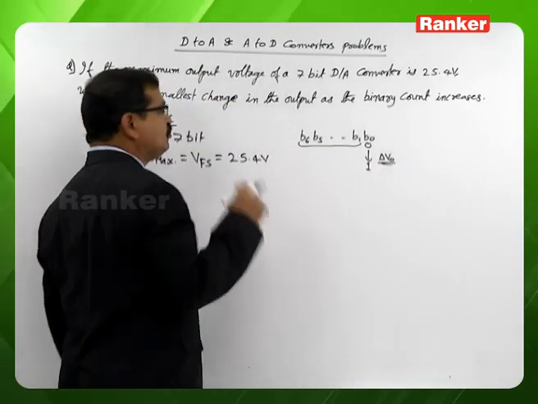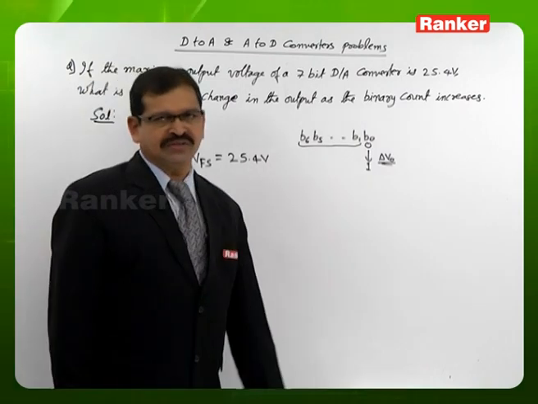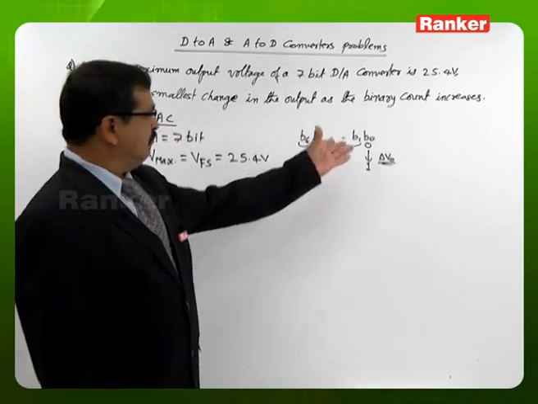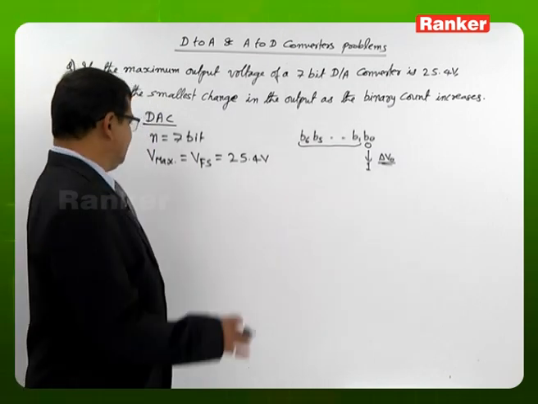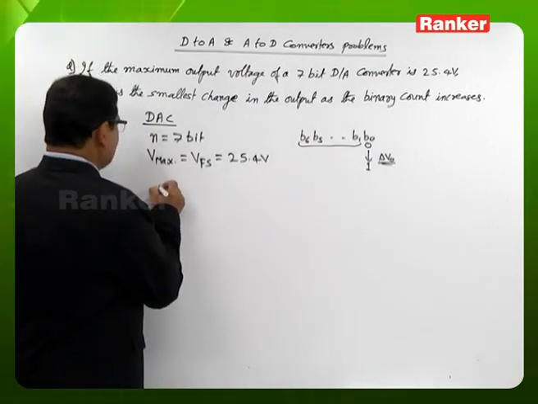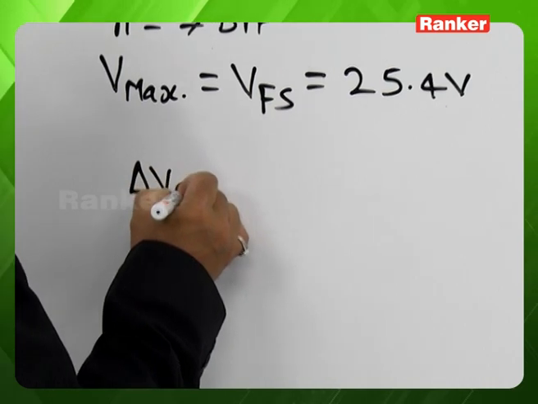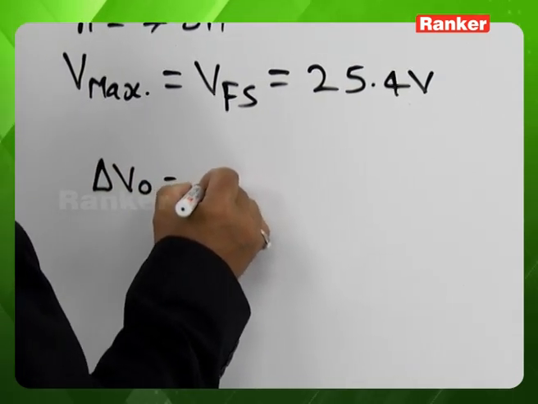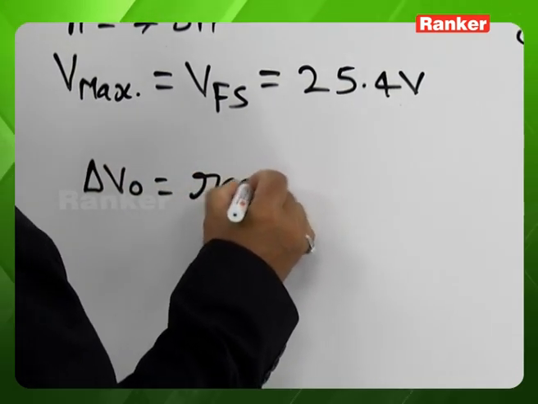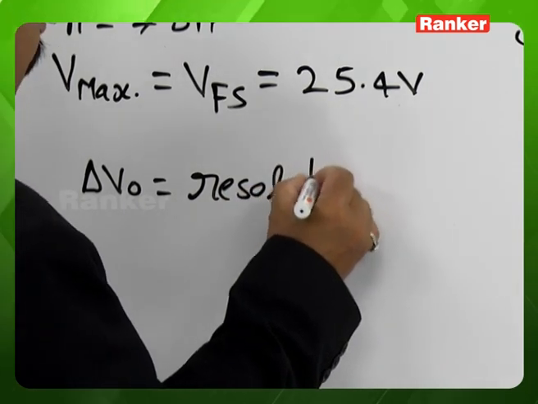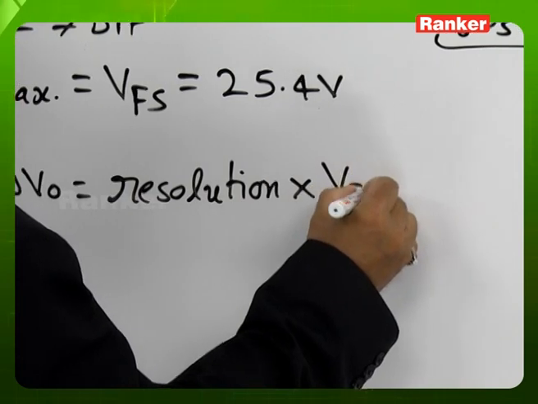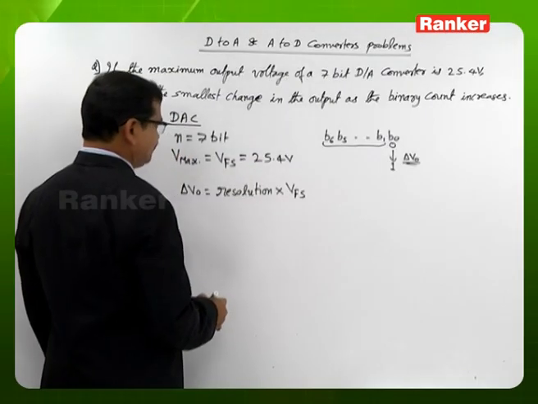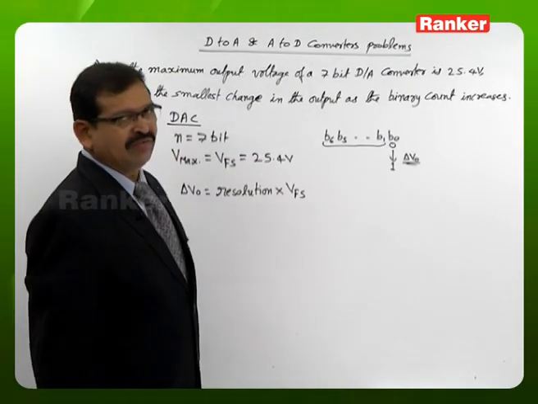So whenever the B0 bit is changing, say 0 to 1 or vice versa, what is the smallest possible change in the output? It is the question. So we can look at the smallest possible change in the output as the resolution into the full scale output voltage, and the resolution is defined as